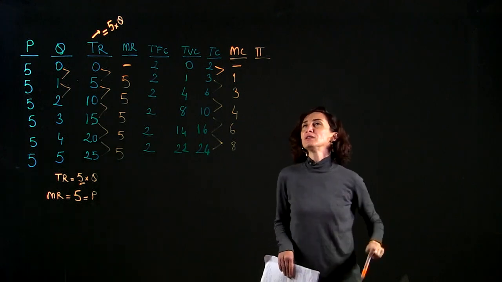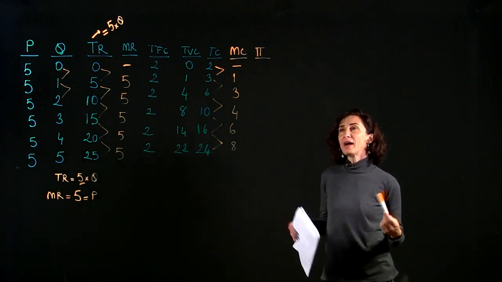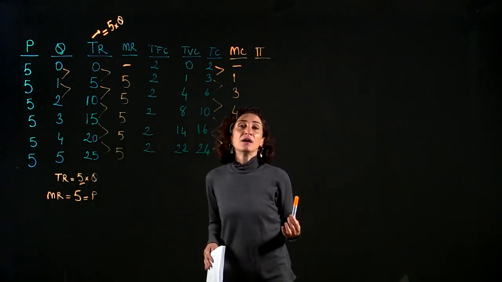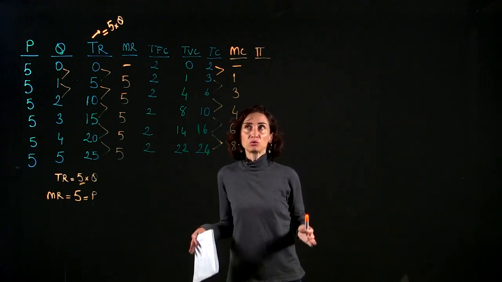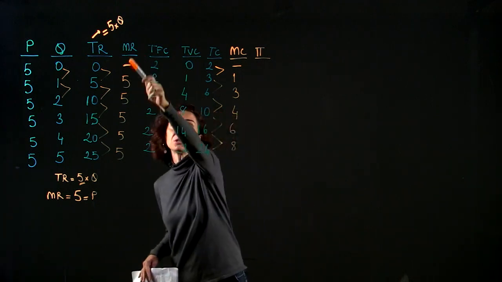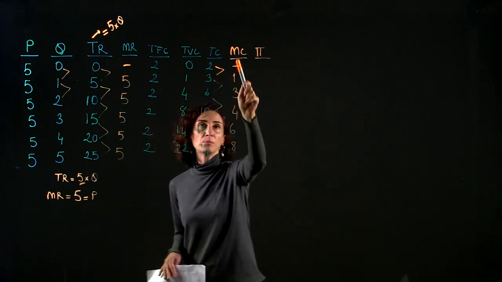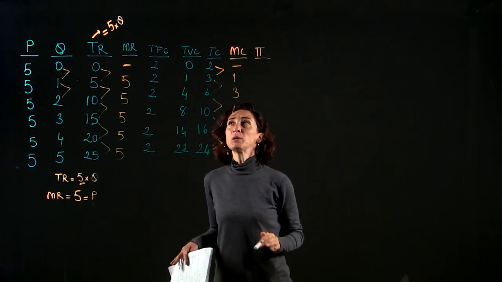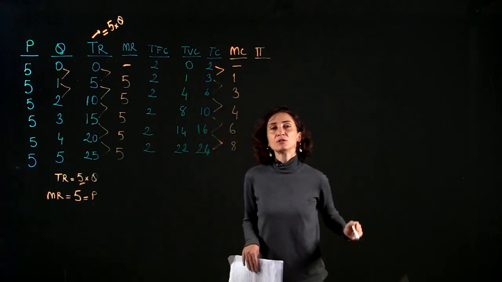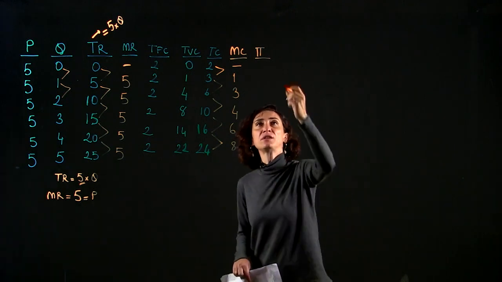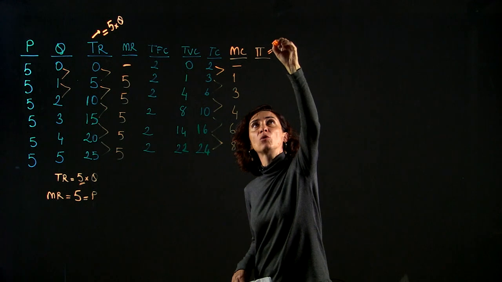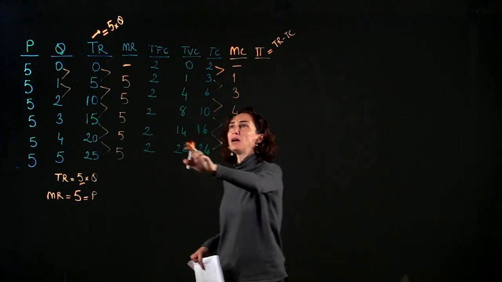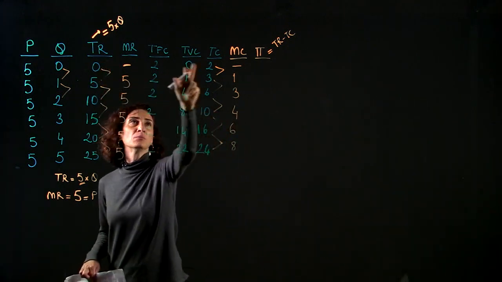Okay. Now let's do this. Now I have these numbers as the firm's manager. I want to maximize profit. I can do it two ways, and I want you to understand both. That's why I wrote marginal revenue, which is constant, and marginal cost, which is an increasing number. Now, let's forget about marginal revenue and marginal cost and look at the standard definition of profit, which is total revenue minus total cost.